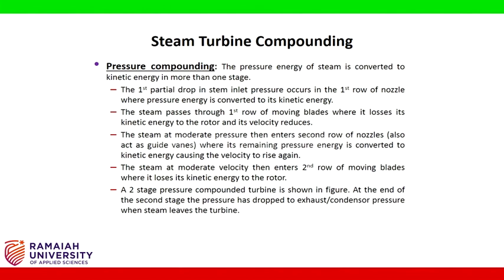The steam at moderate pressure then enters the second row of nozzles, which also act as guide vanes, where its remaining pressure energy is converted to kinetic energy, causing the velocity to rise again. The steam at moderate velocity then enters the second row of moving blades, where it loses its kinetic energy to the rotor. A two-stage pressure compounded turbine is shown in the figure. At the end of the second stage, the pressure has dropped to exhaust or condenser pressure when steam leaves the